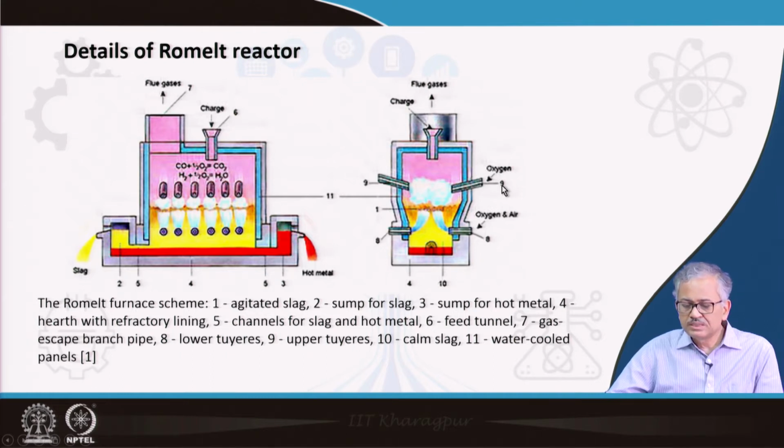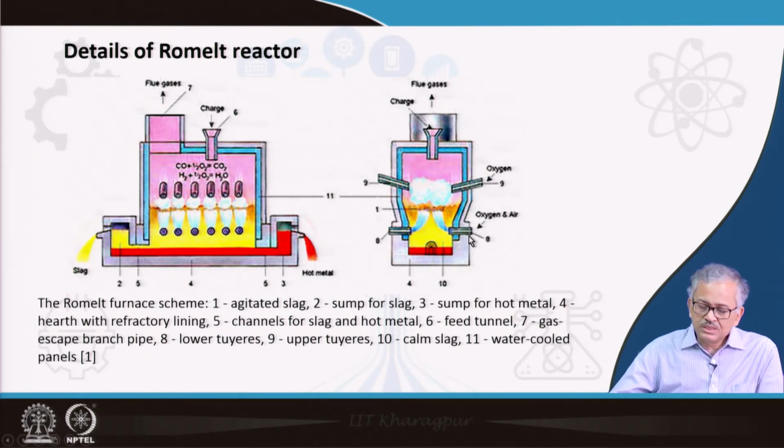So basically you can see oxygen is injected from here as well as from the bottom. This oxygen is there basically for direct combustion of the carbon to generate the heat, and also to gasify the carbon to CO. And this upper oxygen is basically for the post combustion of the CO that is evolved from this process. So that also generates lots of heat, and you have the post combustion such that your coal rate decreases to some extent. Okay.